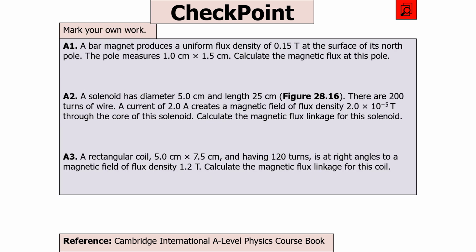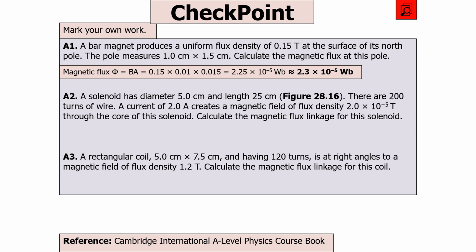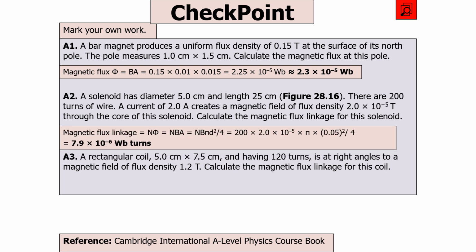Right, in this first one, we know flux is equal to BA, so remember to convert centimeters into meters: 0.01 times 0.015 times 0.15 is equal to 2.3 times 10 to the minus 5 Webers. Flux linkage is BAN, so A is going to be pi r squared, or pi d squared over 4. We can pop all the values in. Again, remember, centimeters turn into meters in both cases, so we get 7.9 times 10 to the minus